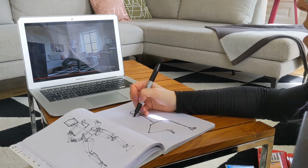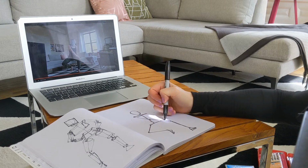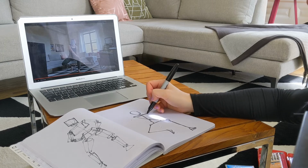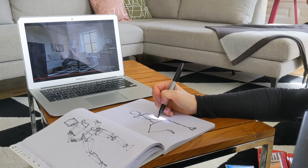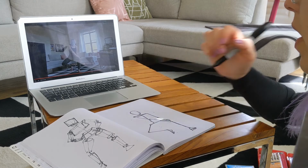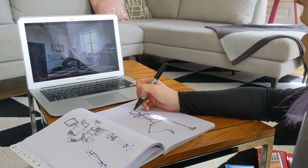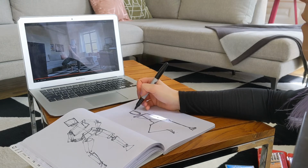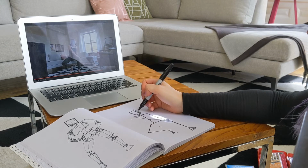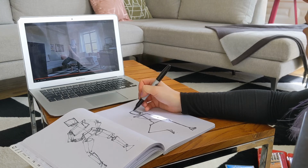This arm starts here, comes across the body, and then down for my hand to rest there on my knee. And then this arm comes down the side of the body and down again, and we sort of lose it back here. Okay, so now for the forms. I'm kind of seeing the side of my face and a little bit of the, oh, I did that wrong. A little bit of the bottom